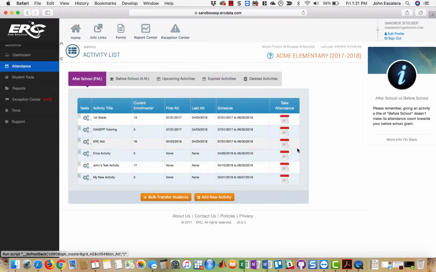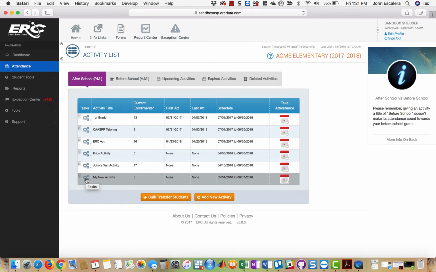And the reason for that is just that we had some schools who had just tons of activities and they wanted to remove the clutter. So again, you don't have to use that. You could use the default first and last dates, and then you don't have to worry about any of these things. The only other thing to mention before we move forward is that